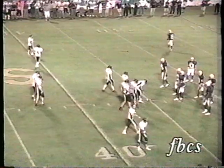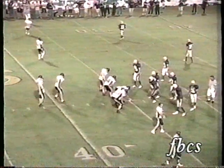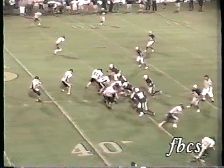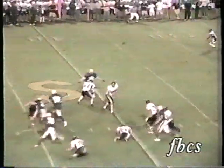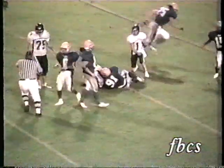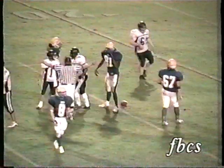Wholesale substitutions here for the Bucs. 2 receivers to the left, 2 to the right, shotgun on 3rd and 7. They keep one of them big guys in the backfield to block. Here comes the blitz. He's hit as he throws. Should be picked off. Instead, it'll be caught by Richard. And it's 1st down, or going to be close to the 1st down. We should have had 6